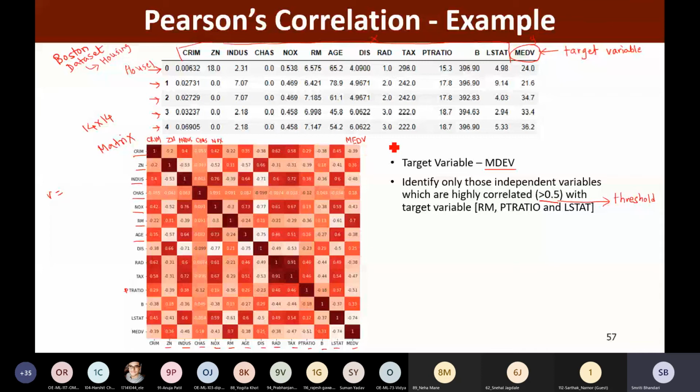We have decided our threshold as 0.5, so we are going to pick only those features which have a correlation greater than 0.5, either positive or negative. So if we look at all those values, what we find is, see here my correlation coefficient is 0.7.